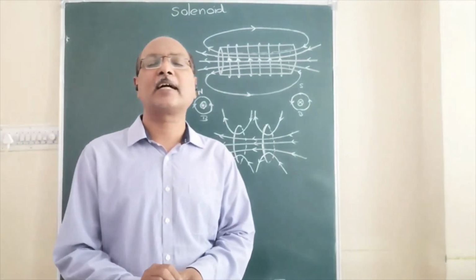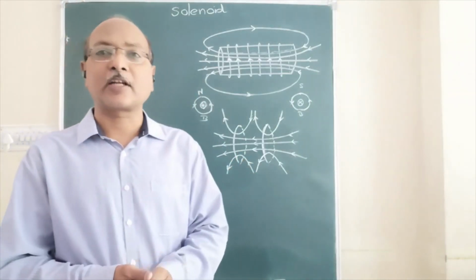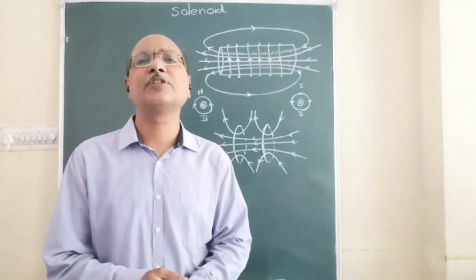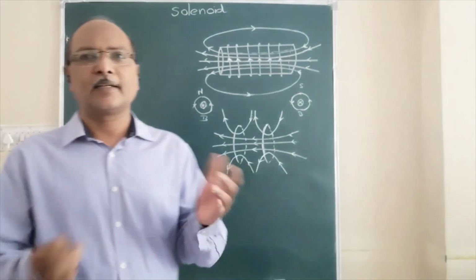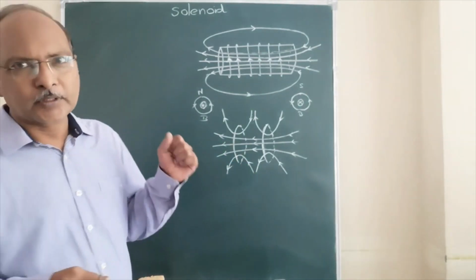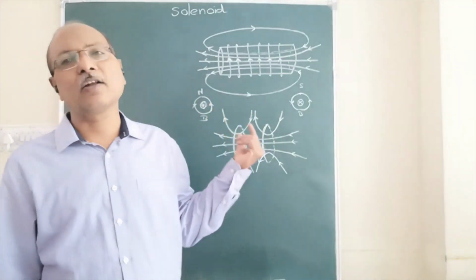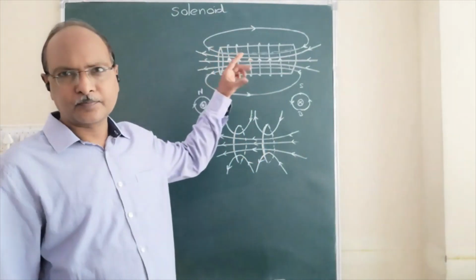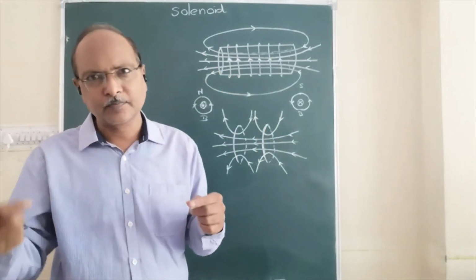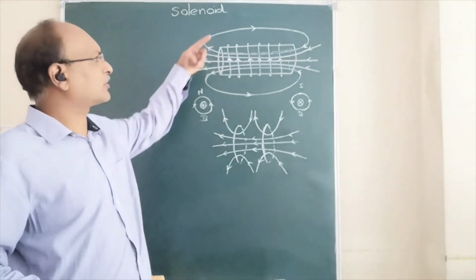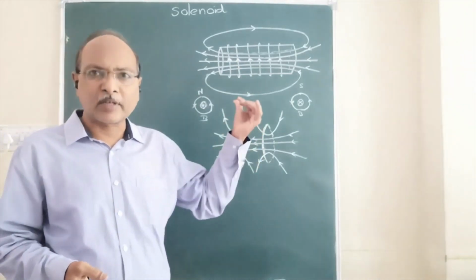We are in the chapter moving charges and magnetism, and the topic we are going to discuss today is about a solenoid. Now a solenoid is used for producing a uniform magnetic field in a required small region. It consists of a non-conducting hollow cylinder, upon which we are winding a wire. The wire is wound in the form of a helix. When the current is passed, a magnetic field is produced. So that's how the solenoid works.